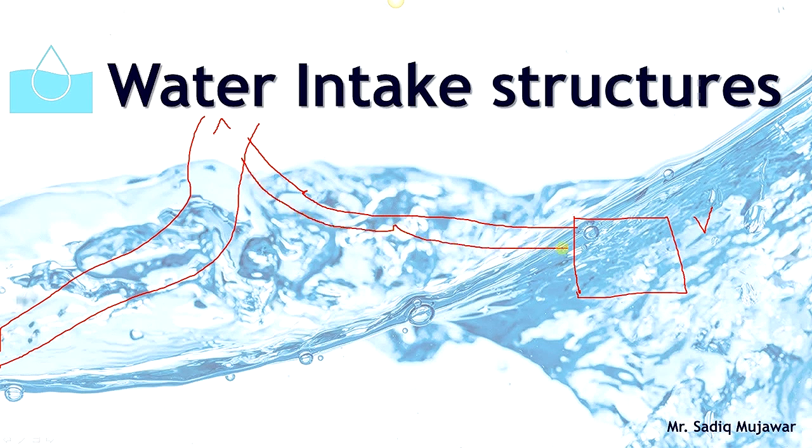Then of course water will flow under gravity. Am I right? Okay. If the river is at a lower level area and the plant is at a higher level area, then it is not possible to transmit the water under gravity. What will you do then? You need a suction pump, right? You need pumps to lift the water and make it flow with pressure.